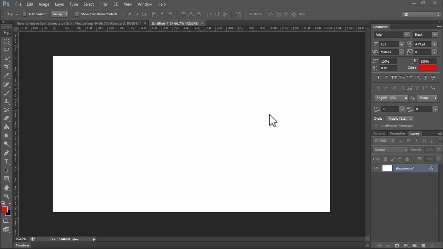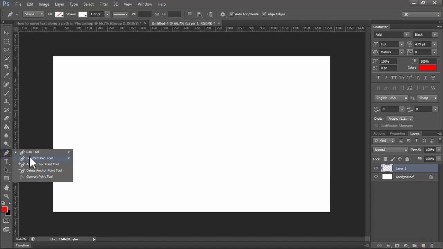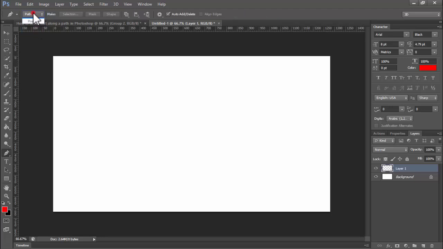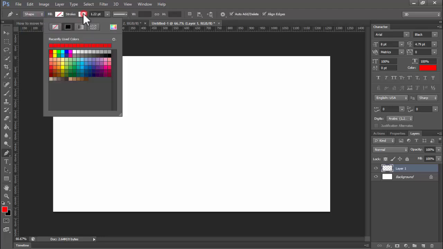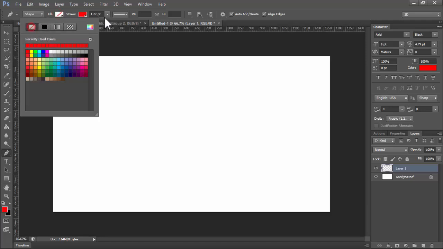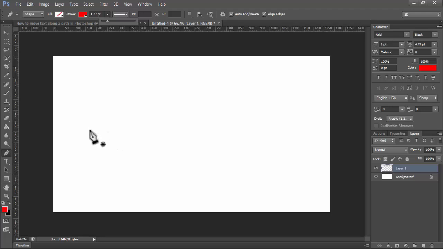First of all, I apply this writing way. Create a new layer. Select pen tool. Path or shape, I use shape. Stroke color. Fill, do not use fill. Okay. Then